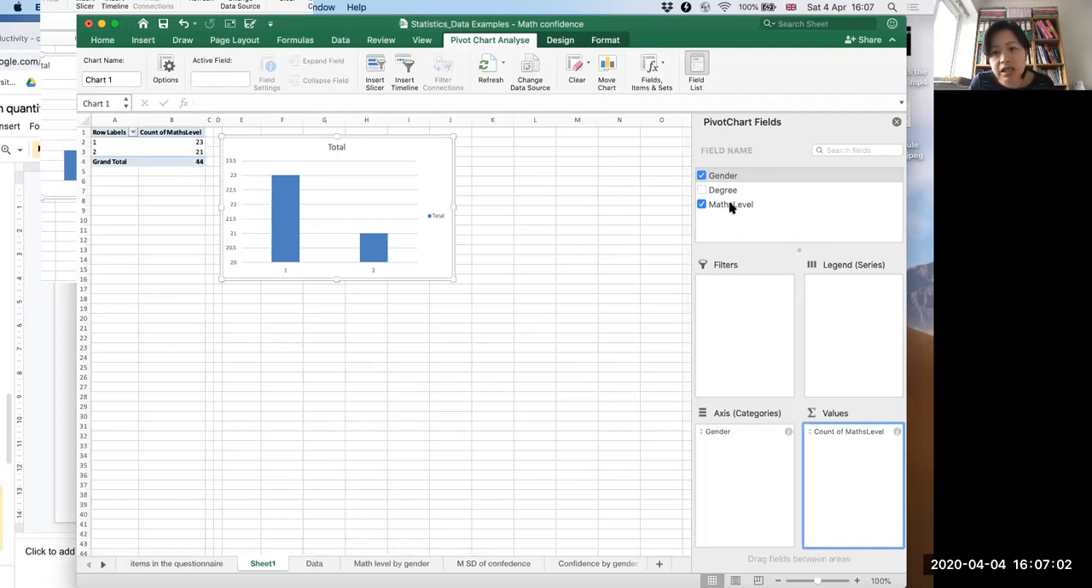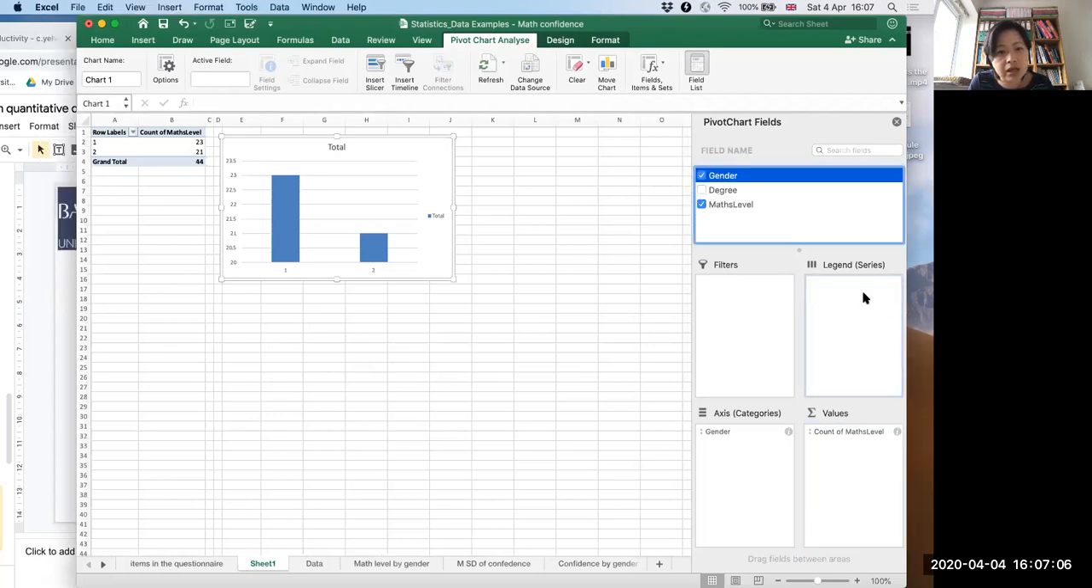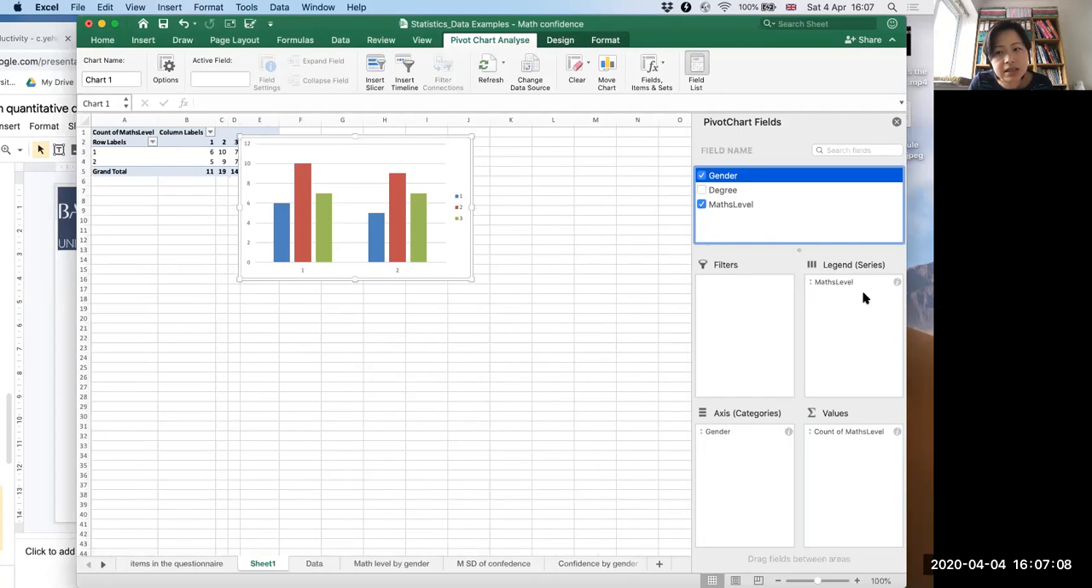And I also need to put math level in here in different series. So I separate, because math level has three different categories. I want them to be able to separate into different categories, so I let them have three different series. So now we have this